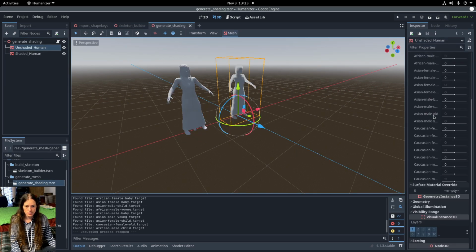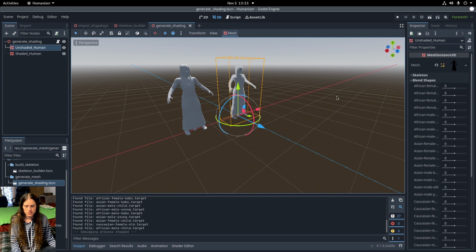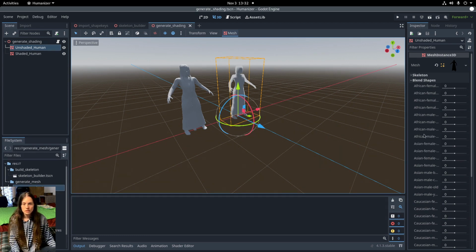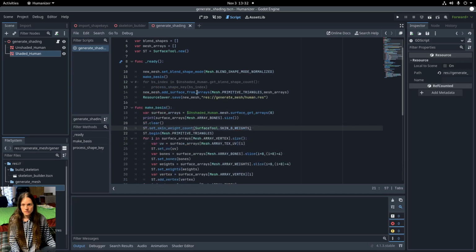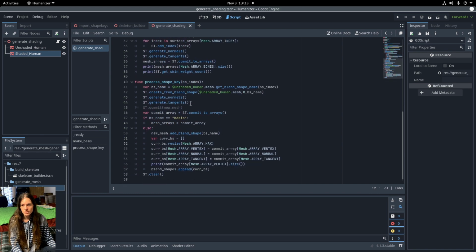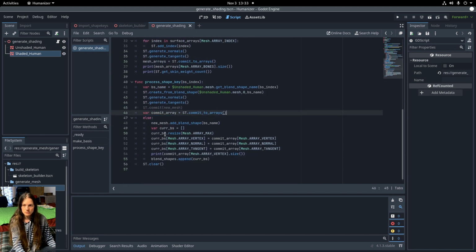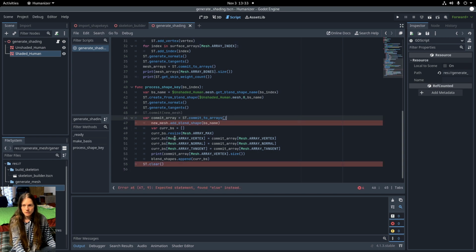So now we just have the blend shapes, and we want to add all of the blend shapes to the shaded mesh, of course. So in the script, I'll loop over each blend shape and call the process shape key. I don't have to check if it's the basis, so I can remove the if statement